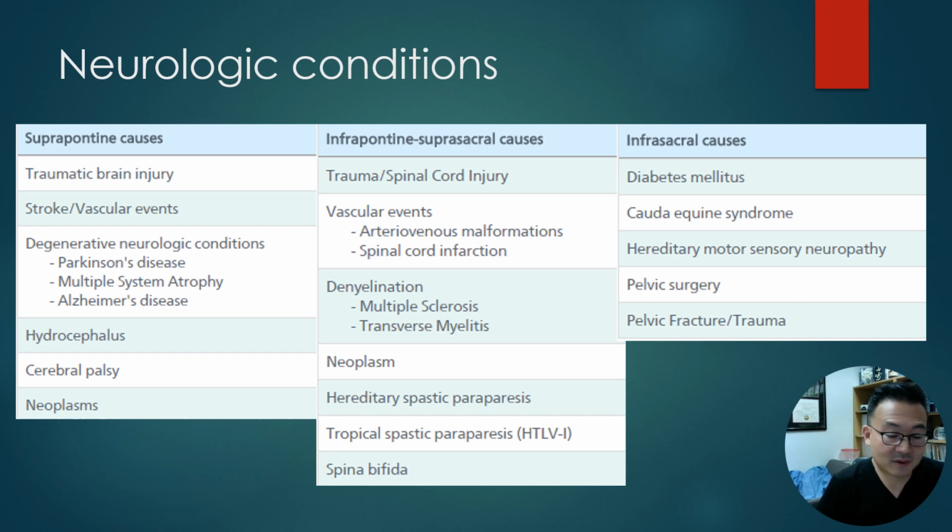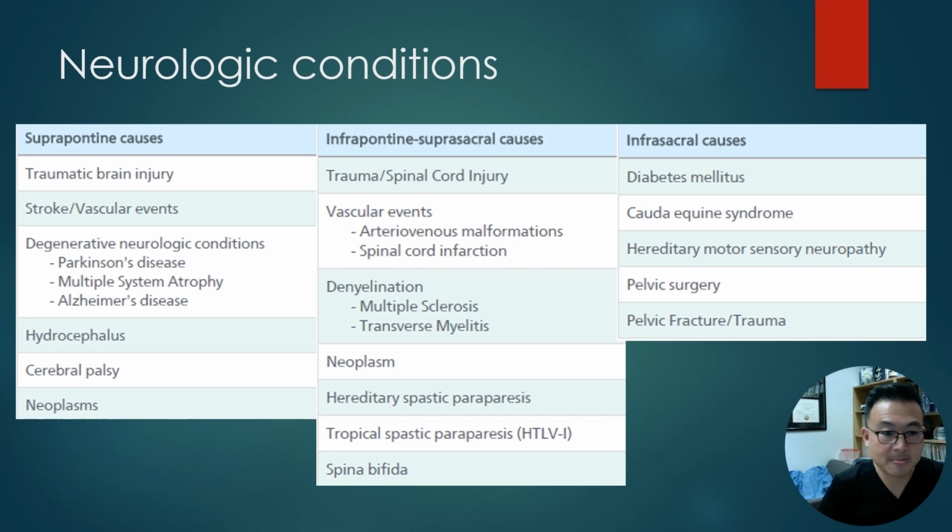We know that, for example, in a stroke, the most common voiding dysfunction is overactive bladder, neurogenic overactive bladder. It's not uncommon that I get a patient with a stroke in my office and they say, wow, my urgency incontinence has significantly worsened. I'm urinating every 20 minutes. And no one's actually told them that it may be related to the stroke they had. Same with Parkinson's disease. We know that one of the most common voiding issues with Parkinson's disease is urinary urgency and frequency and urgency incontinence, and it makes sense because